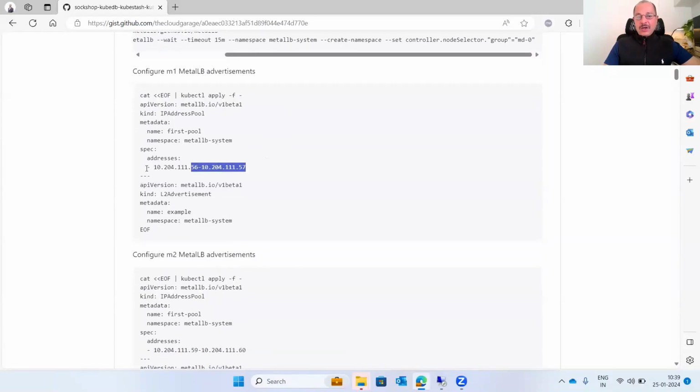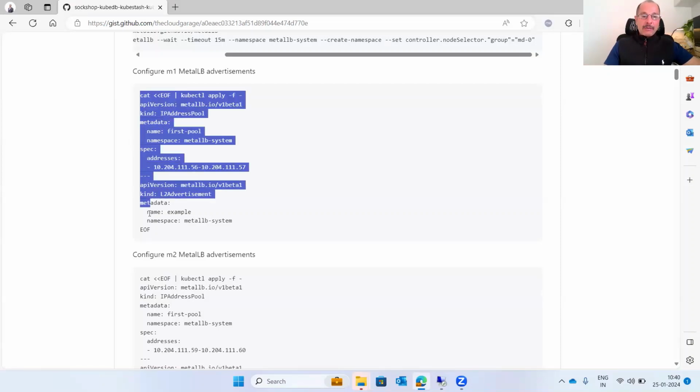So these are the IP addresses that we will be working with. Not too many, but two, mainly because we will put an Nginx ingress controller also. So everything primarily will be based on ingress routing. So this is the address assignment for the first cluster. This is the address assignment for the second cluster. Okay, we are working in an ARP mode, and not the BGP mode of MetalLB. There are two modes that you can actually deal with. So let's take this particular advertisement,